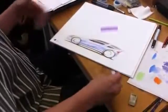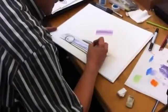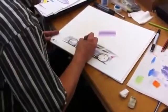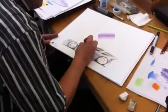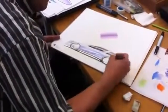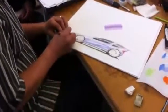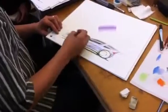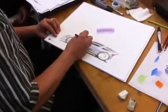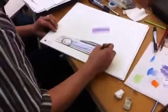And let's bounce a little bit more violet into the car body here, just to help warm it up a little more. Just little by little you start to tighten it up. Would you outline that in American? Yeah, you can. See how I'm leaving a little bit so that it's not so specific and defined? You don't have to, but then you can add